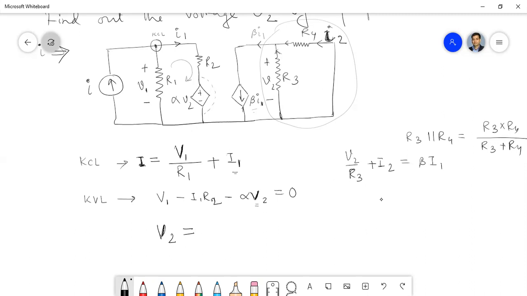So I2 is also unknown, na? Okay, so how you can write this I2? If I2 is unknown, then I2 also is V2 by R4. They are in parallel, so that V2 voltage will be only against that. কি বুঝতে পেরেছো? So this is only the KCL. So current is summation of two branch currents. Okay, now how you can write this?